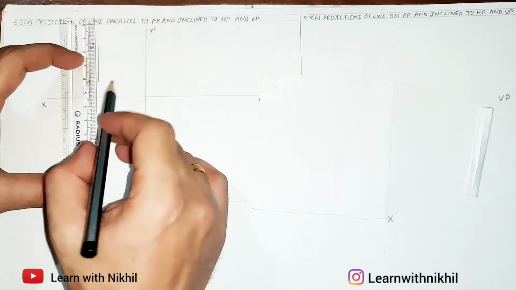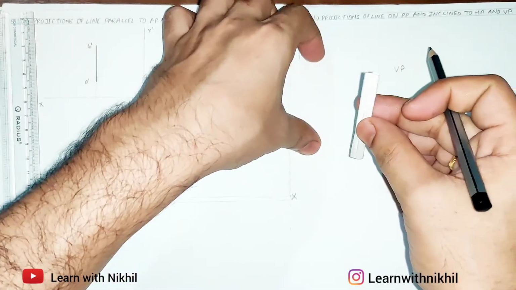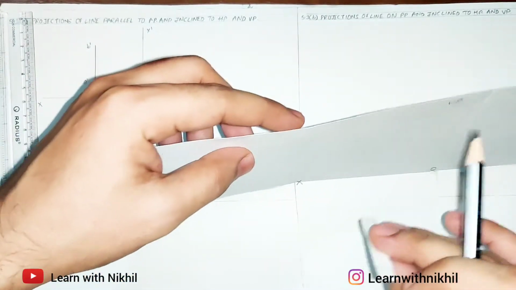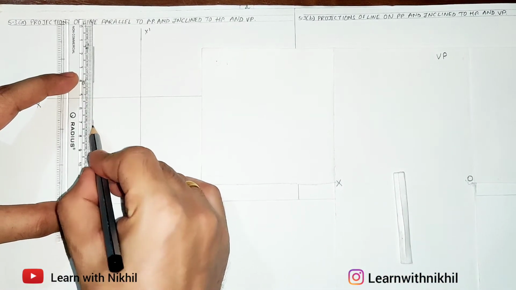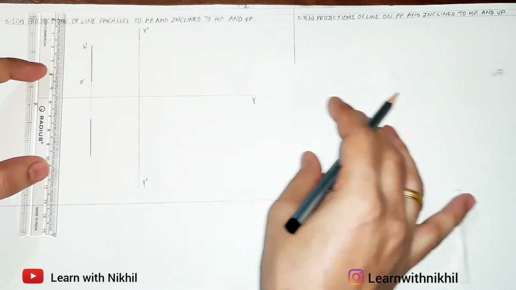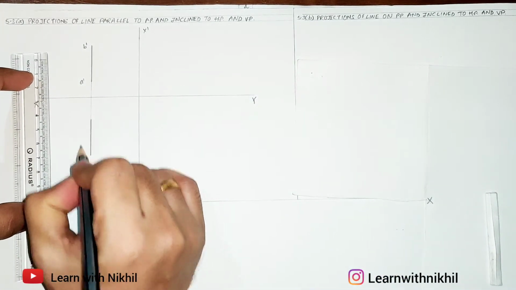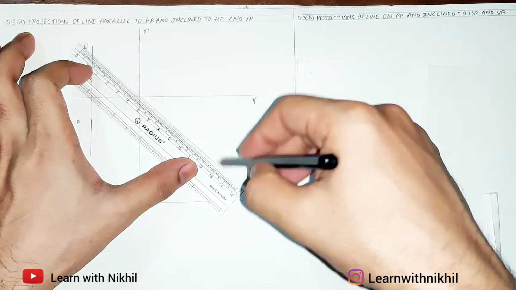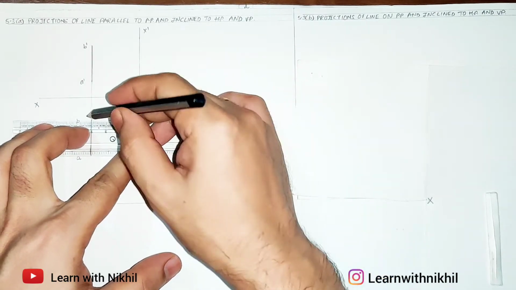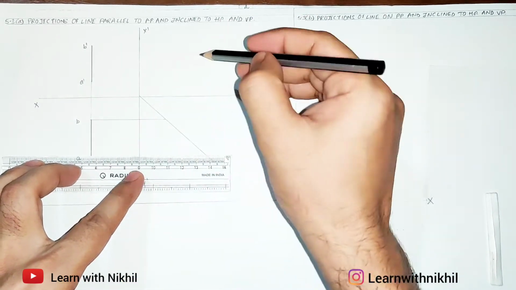Now drawing the top view, we'll take the projections from the front to the top view. Again it is inclined. So the line will be like this. Again it will be a straight line. Now depending upon the inclination, the length of the line will be. Here we are just assuming it. Now drawing the side view. Taking the projections from the top and the front to the side view.